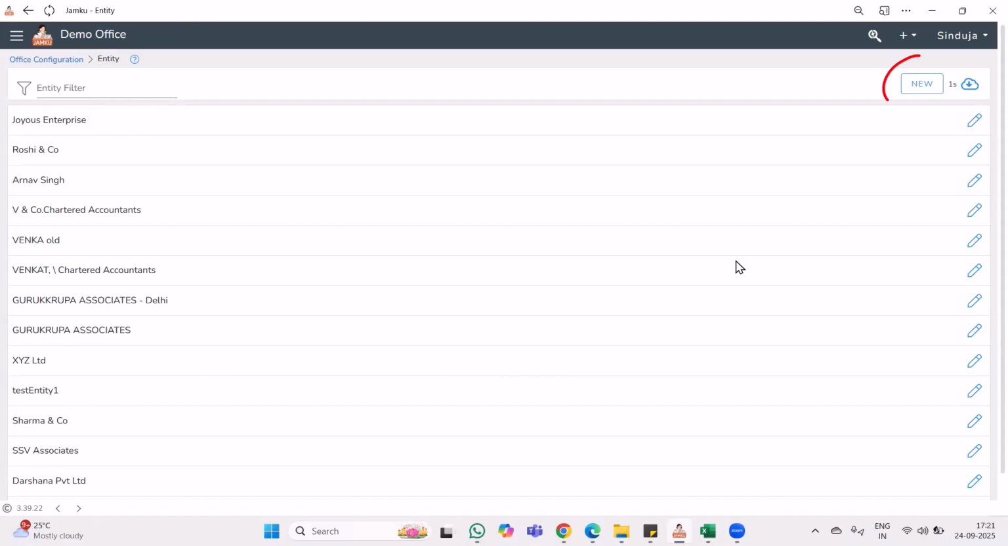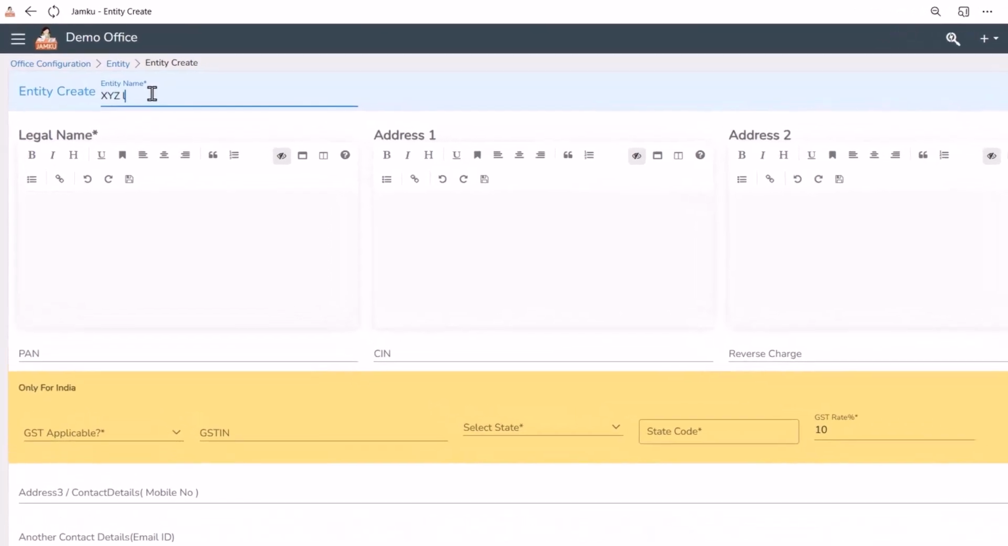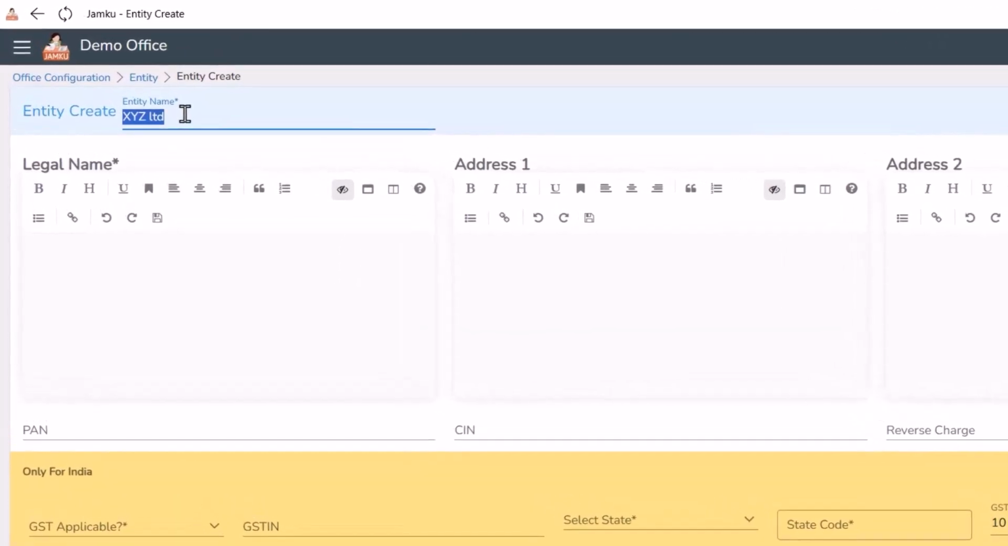Multiple entities can be created over here. Click on this new to create it. Give the entity name. Uncheck this I mark. Your entity and client legal name could be the same. Check again, then it will be saved. Uncheck this I mark and give the address